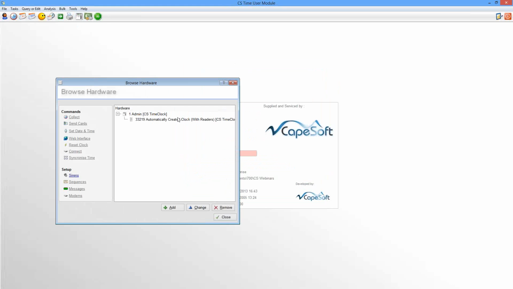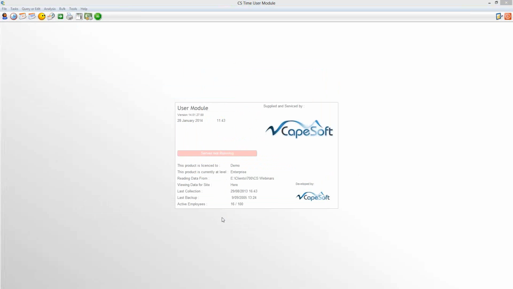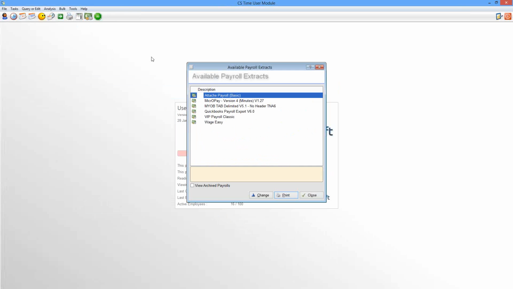Whereas the clock, according to whatever clock you've got, will be set up here with the connection details and all that information. If you're exporting to your payroll system and you've got one set up here, you would select your appropriate payroll export, export those hours, and then import them into your payroll system. Now these are obviously also general,